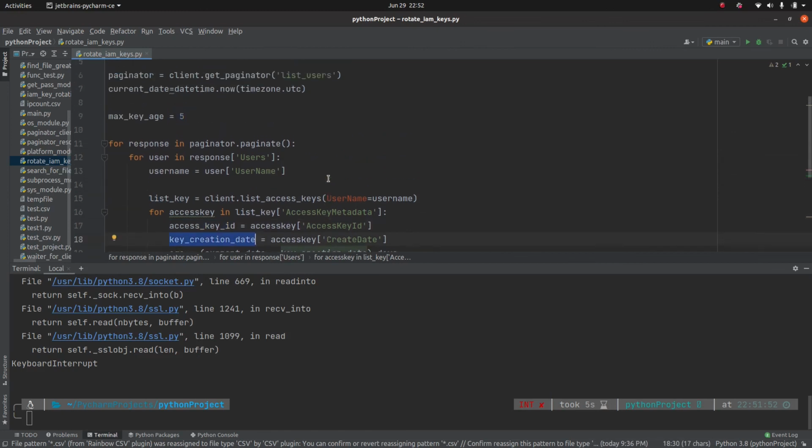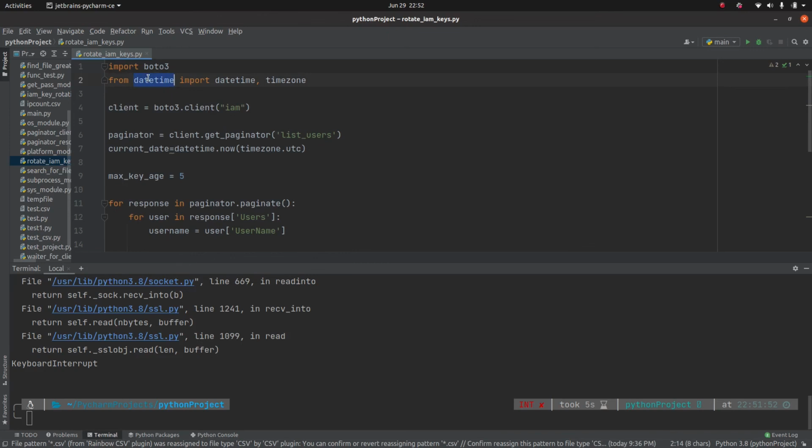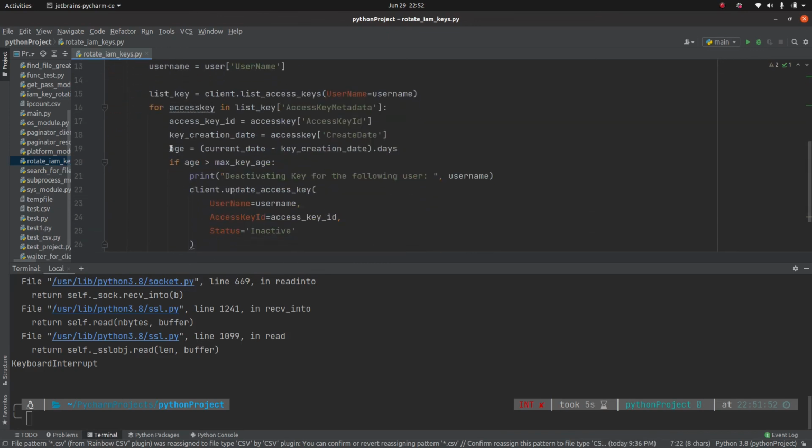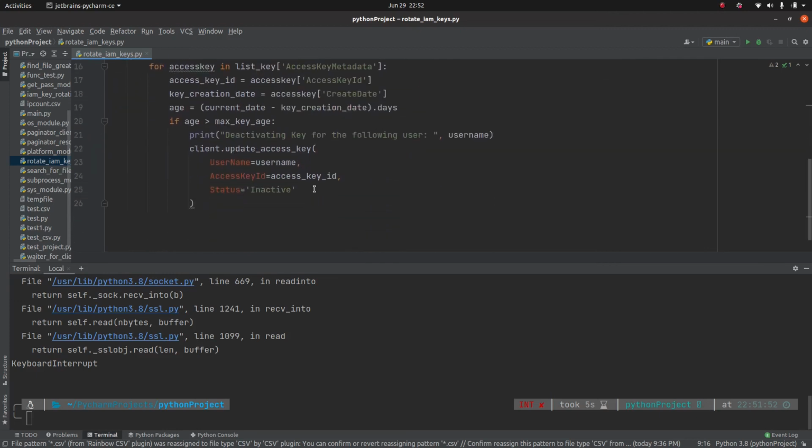Okay, then we use this datetime module, and using this datetime module we got the current date. We just subtracted the value of current date with this key creation date, and we set up the value of max key age as 5. If our key age is greater than this, then we are just using update_access_key and setting up a status as inactive, like this.